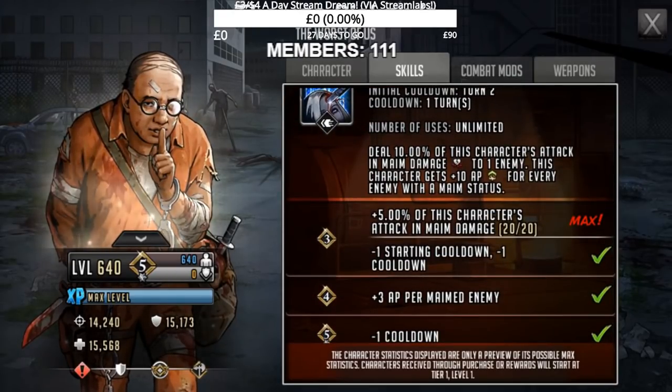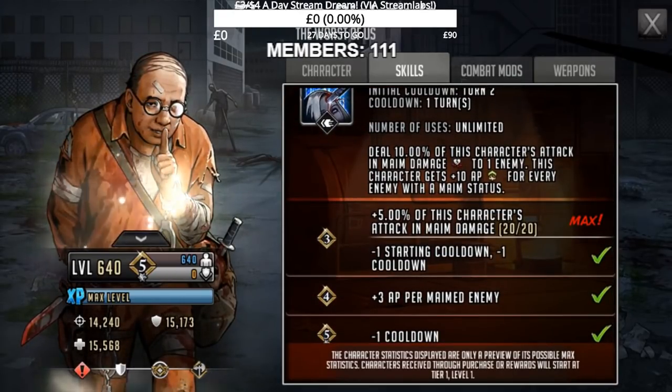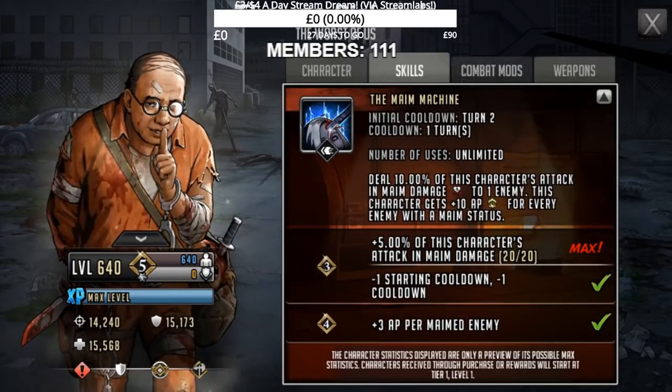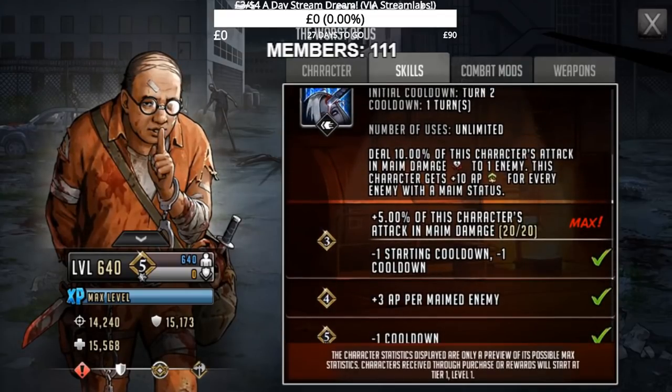10% of this character's attacking main damage to one enemy. This character gets 10 AP for every enemy with a main status. That's actually not too bad. It goes down to a 1 turn cooldown. So then basically it should go like...